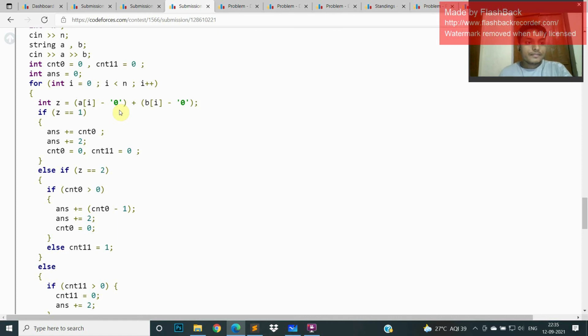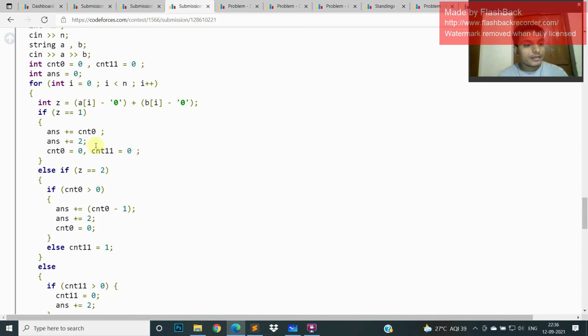Now if the sum is 1, we can say that we encounter 1 comma 0 or 0 comma 1, so in the a string it will be 1 or 0, and in the next string 0 or 1, because there must be a 1 in one of the strings.